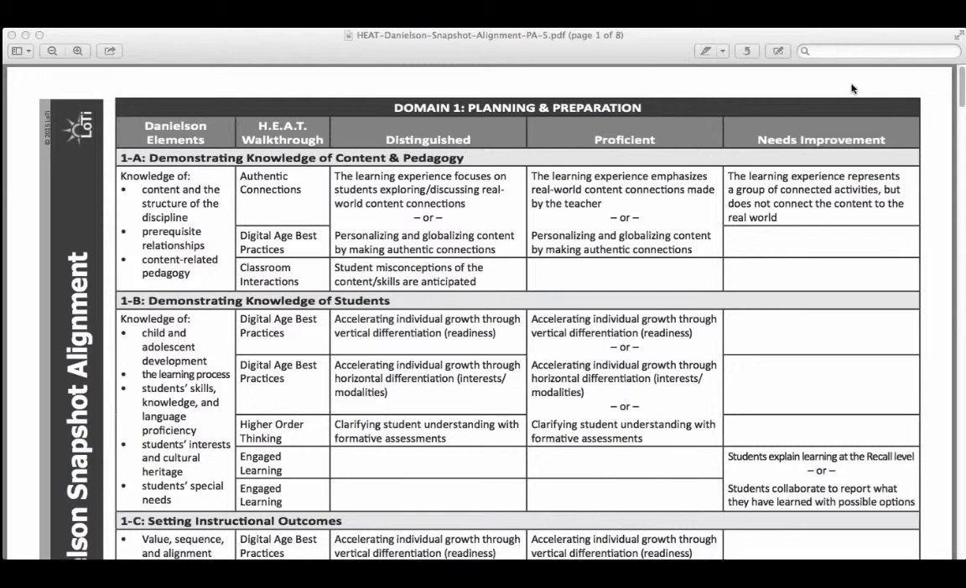You have a second digital age best practice, accelerating individual growth through horizontal differentiation. And when we talk about horizontal differentiation, we're referencing specifically students' interests, learning modalities, multiple intelligences, cultural background. So again, that ties directly to the Danielson elements for demonstrating knowledge of students. We also have a section on higher order thinking, clarifying student understanding with formative assessments. So all three of those categories, if they're checked, that would register distinguished within 1B, demonstrating